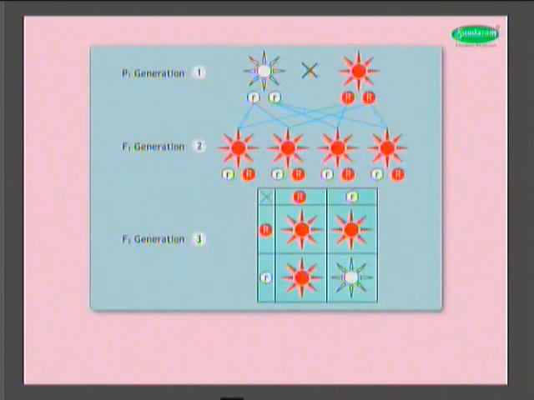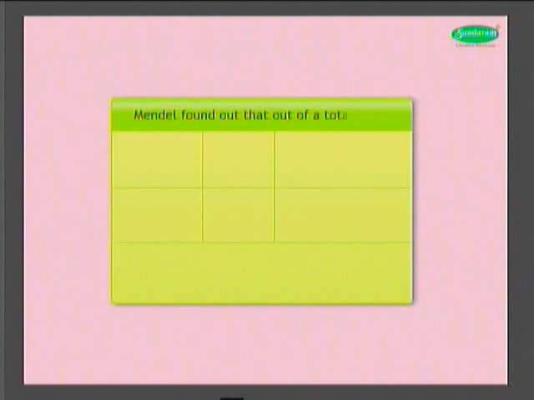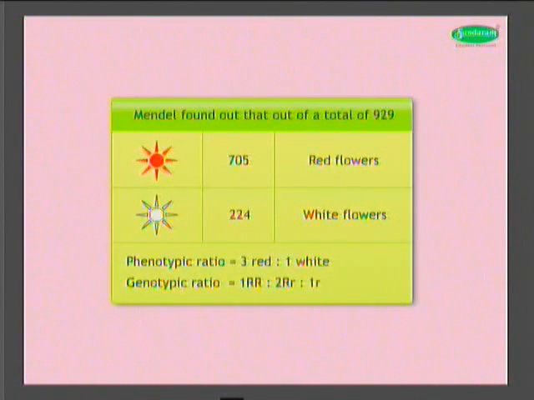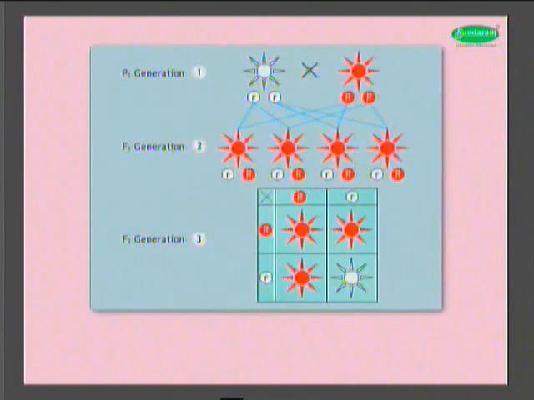The F2 generation has both red-flowered and white-flowered plants. Mendel found out that out of a total of 929 pea plants, 705 were red flowers and 224 plants were with white flowers. Thus, the phenotypic ratio is approximately 3 red to 1 white. The genotypic ratio would be 1 RR to 2 Rr to 1 rr, which is based on genetic constitution. Thus, it can be inferred that phenotypically there are two types of F2 plants, that is, red and white